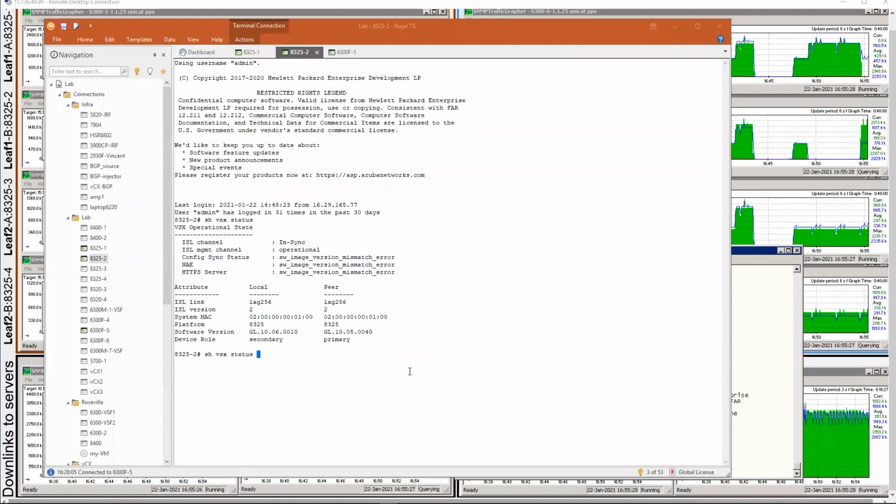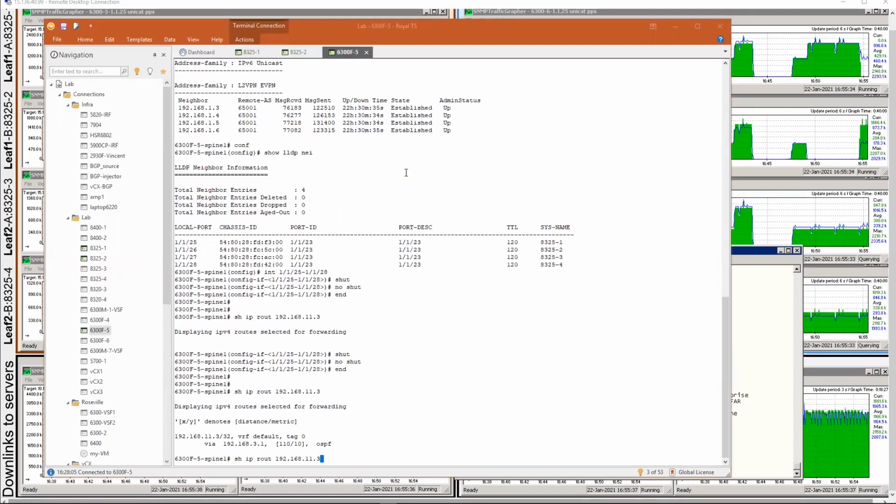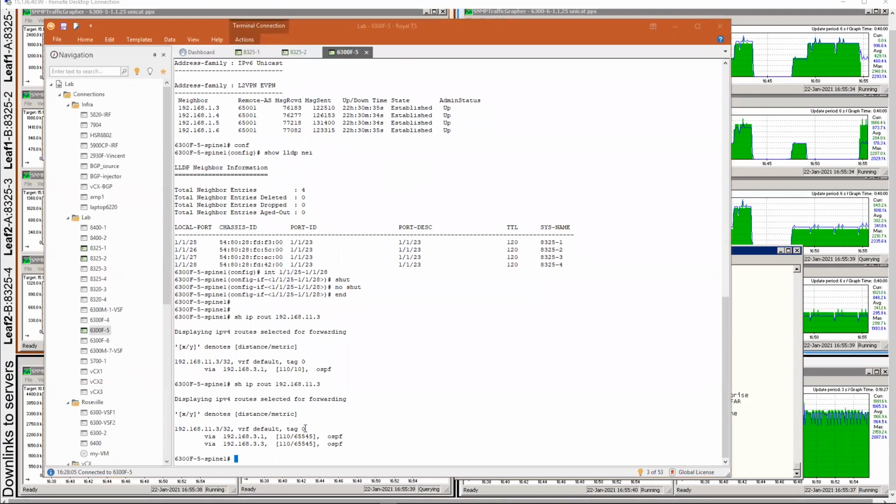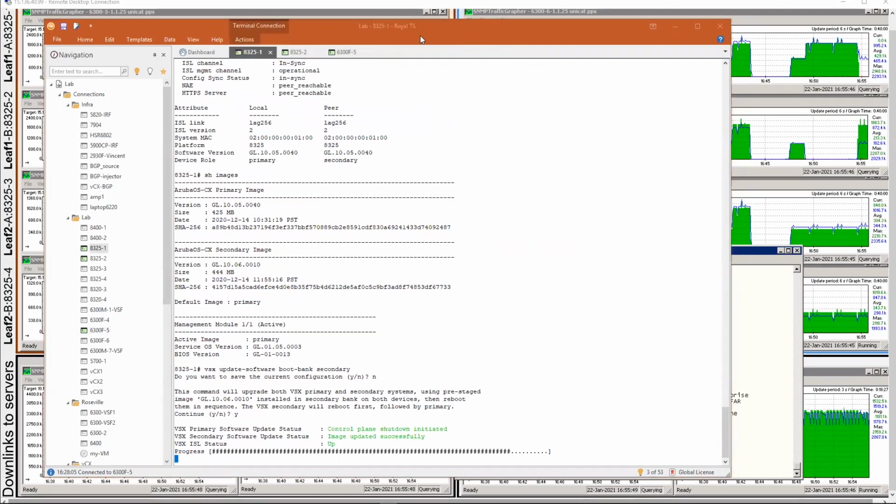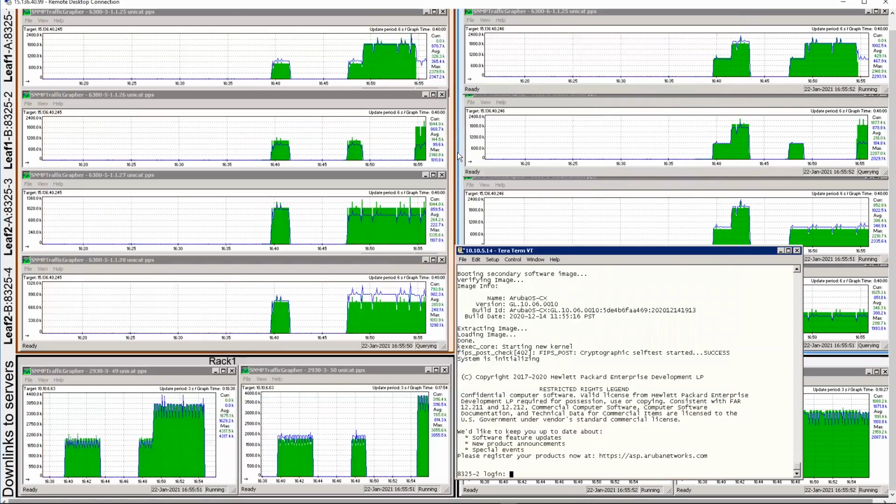If I do a show vsx status, the lookup delay timing is over. And now if I see what happened in terms of the spine, we have equal cost multipath now because those two switches are there, and we have the graceful shutdown period that is started on the VSX primary this time.